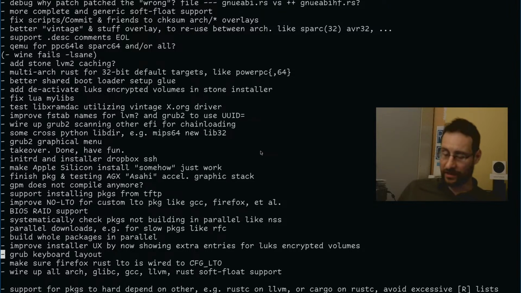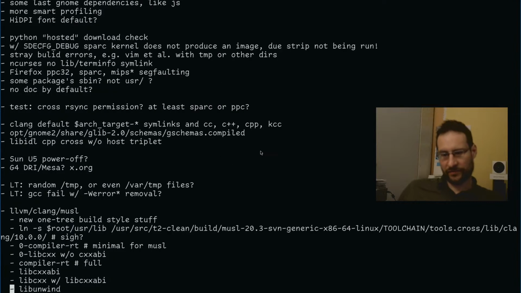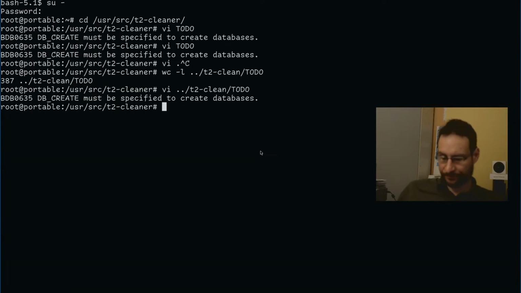Yeah, there's always, like, our French developer would like grab keyboard layouts, layout synchronization. Yeah, there's all the Arch ellipses. Oh man, this to-do is something.